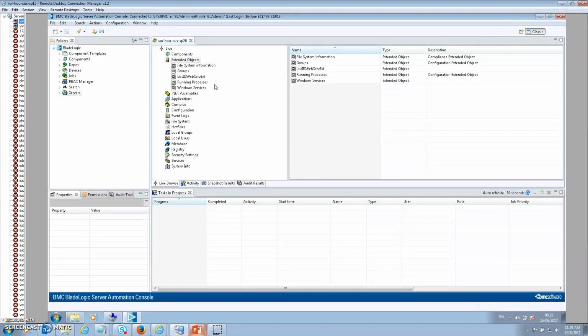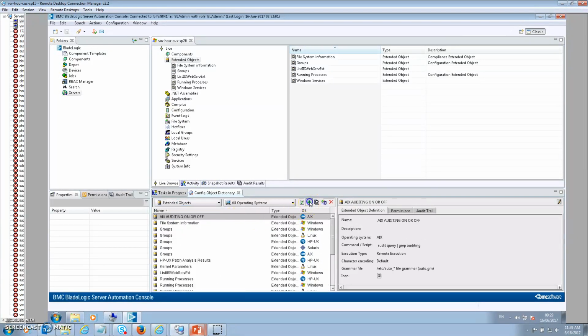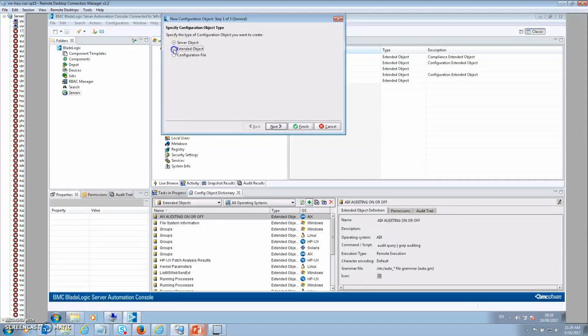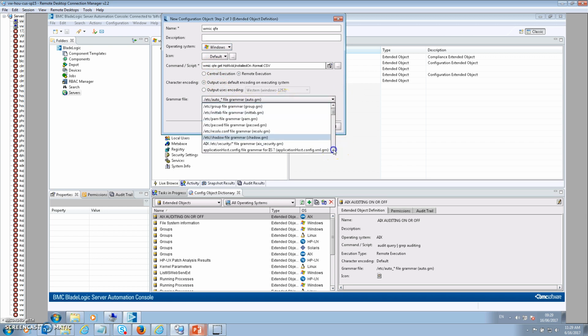So now in the BSA console, I'll click on Configuration, Config Object Dictionary, click the drop down and choose Extended Objects, click Add, choose Extended Object, give it a name, choose the OS, type my command, and since the results are in a comma-delimited format, I'm going to use CSV